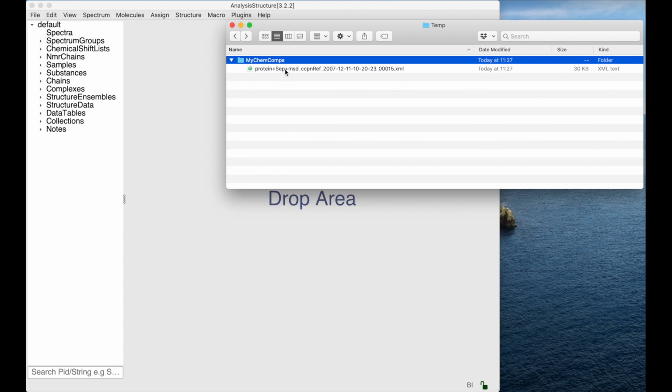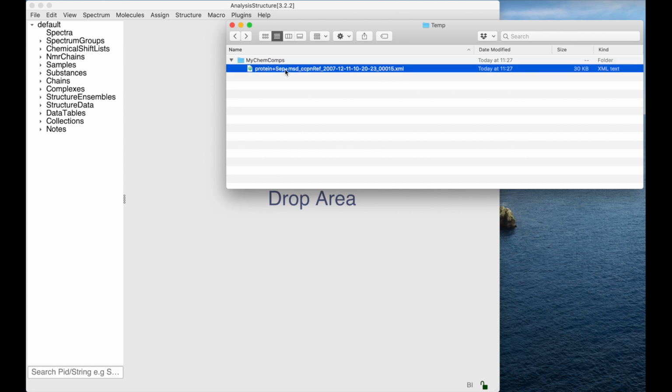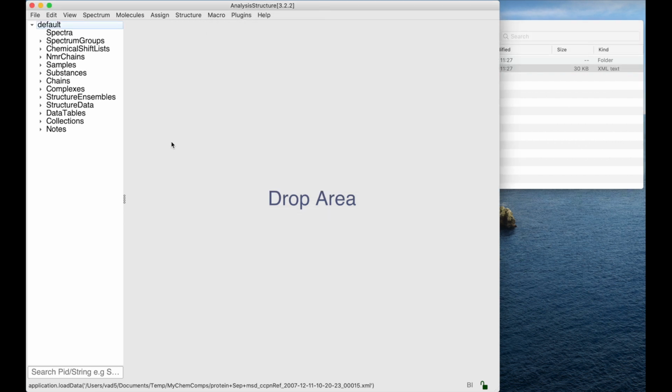So in order to be able to use this phosphoserine in my peptide, I first need to add this ChempComp file, this XML file, into my project. So I can just drag it in. You can also use file load data. At the moment we're not getting any feedback, but I think we might add a little message to tell you that it's been added. Now we need to go to our chains section on the sidebar and double click on